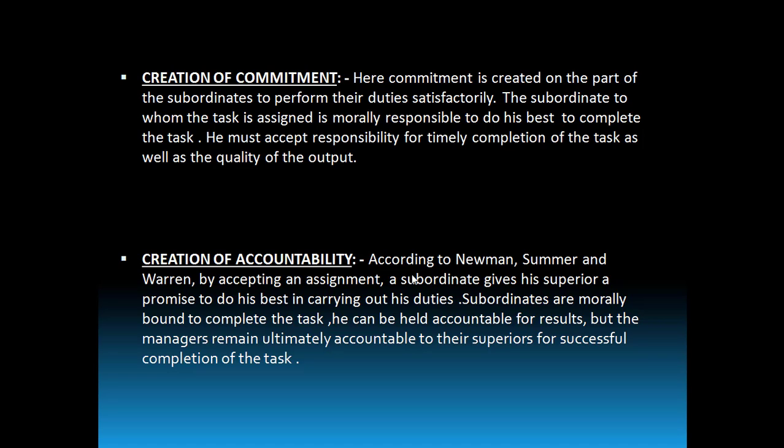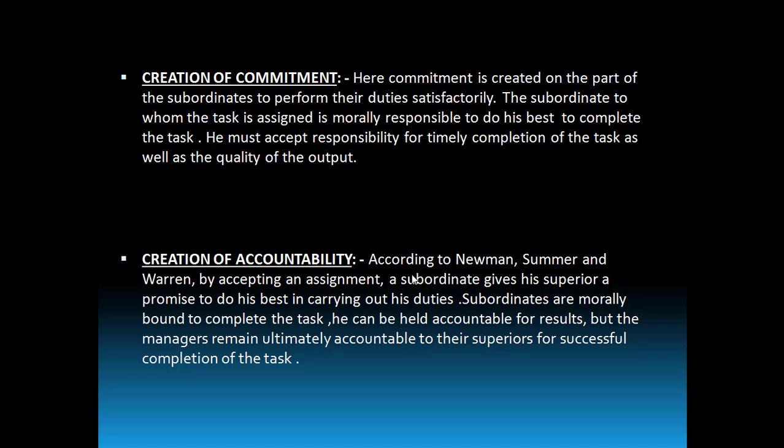So here what is happening in the last step is when a manager assigns tasks to the subordinate and delegates authority to him, the subordinate gives a moral commitment that he'll be doing the task fruitfully and satisfactorily. At last, who will be responsible for the outcome of the task? Now this is very important. The subordinate to whom the task is being assigned will be accountable for sure, right? Because ultimately he is performing the task. So he'll be accountable for the outcome of the result.